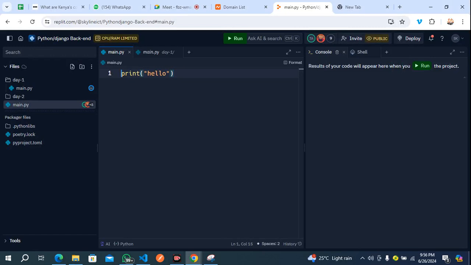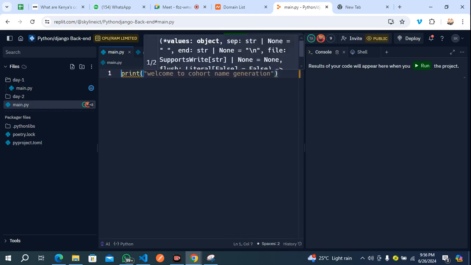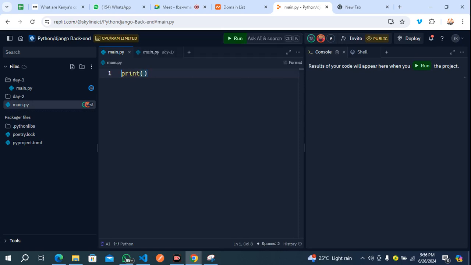Now, when you print something, print means to output your code to the console, right? To output your code to the console. So Python has a print that helps you to output your code to the console.